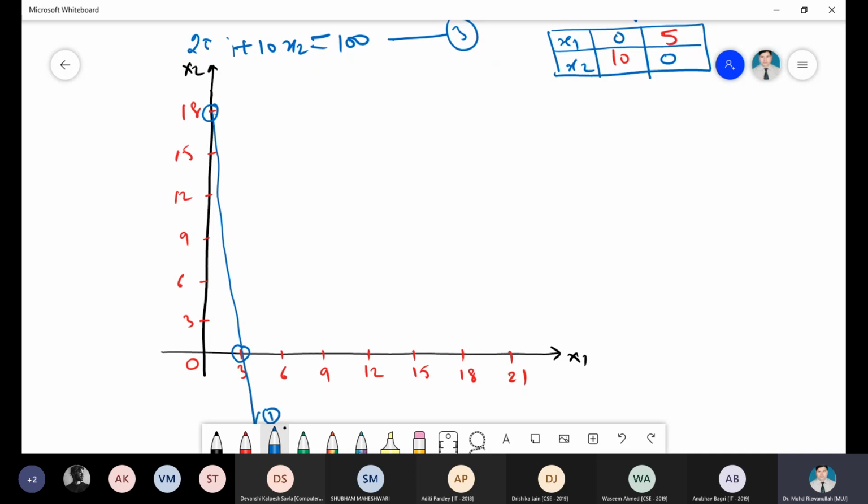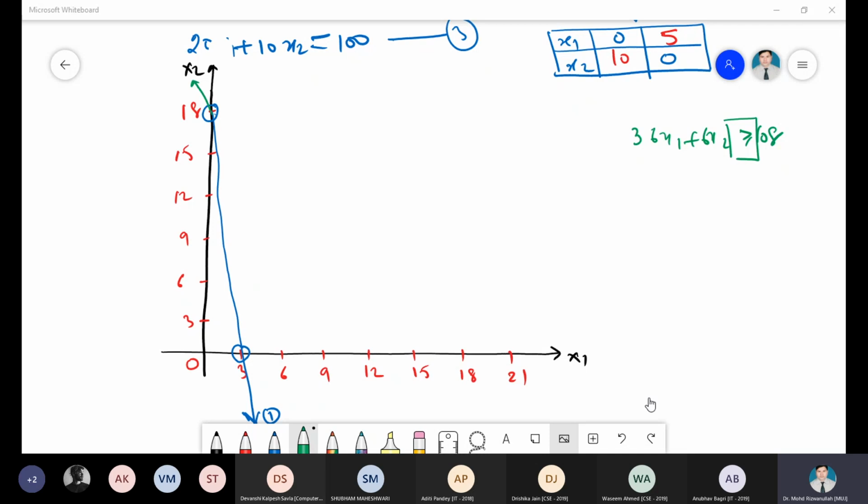So this is equation number 1 and it is greater than sign. So where its feasible region will be? The first equation is 36x1 plus 6x2 is greater than or equal to 108. So where the point will be, where we can shade? Because this is greater than or equal sign, we have to shade the graph. Where we should shade?